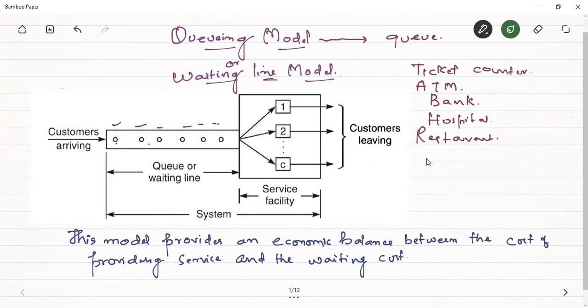In these examples we have seen that the elements which are waiting in the queue are human beings, but it's not necessary. They can also be non-living things, suppose machines. कोई एक प्रोडक्शन हाउस है, प्रोडक्शन कंपनी है या मैन्युफैक्चरिंग कंपनी है, वहाँ बहुत सारी मशीन्स होती है. सपोज आई टेक एन एग्जांपल दैट इन अ प्रोडक्शन यूनिट देयर आर 40 मशीन्स. सपोज 40 मशीन्स में किसी टाइम पे 10 मशीन्स ब्रेक डाउन हो गई, खराब हो गई. They need to get repaired. Obviously these 10 machines will be standing in a queue.